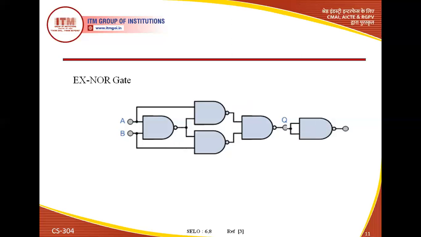So for designing the XNOR gate, we are seeing that we require 5 NAND gates. So this is again a larger number of NAND gates required only for the XNOR gate. There are only 5 NAND gates required. And we can see here that if this NAND gate is subtracted from this diagram, then this will work as the XOR gate. It is the XOR gate. I already told here that we are introducing the NOT gate.